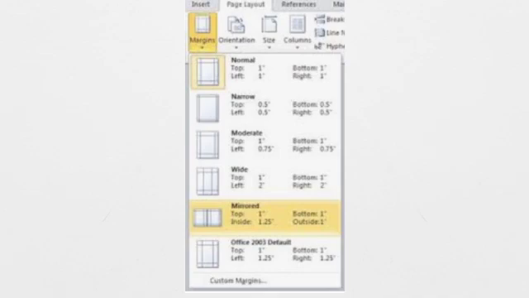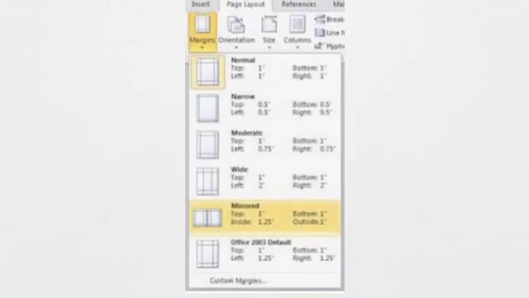You don't have to do anything else. You simply click on any of the margins you want to apply. Select any one of them and you will see your page margin change as per your choice. In that list the margin numbers are also given, showing what type of margin it is, 2.5, 1.5, 3.5 or whatever it is. You can choose as per your choice and it will be applied to your document.